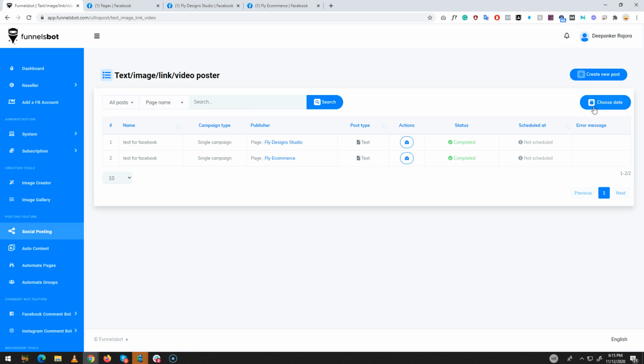Okay, so create new post. Here you can see how many posts you have done, which kind of post type that was. Action is like you can view post or delete post or something. Status is complete or pending or done, whatever.